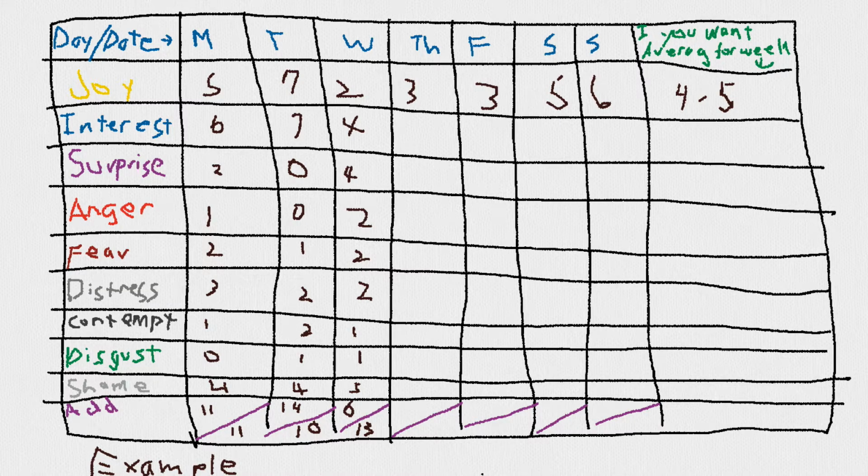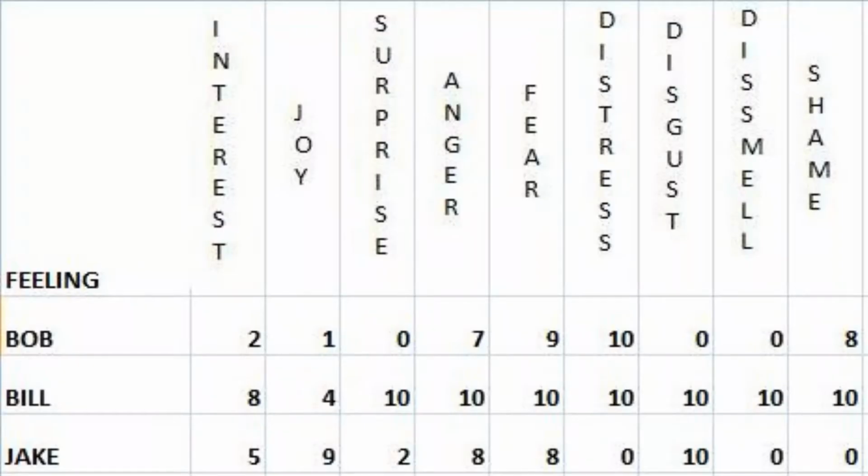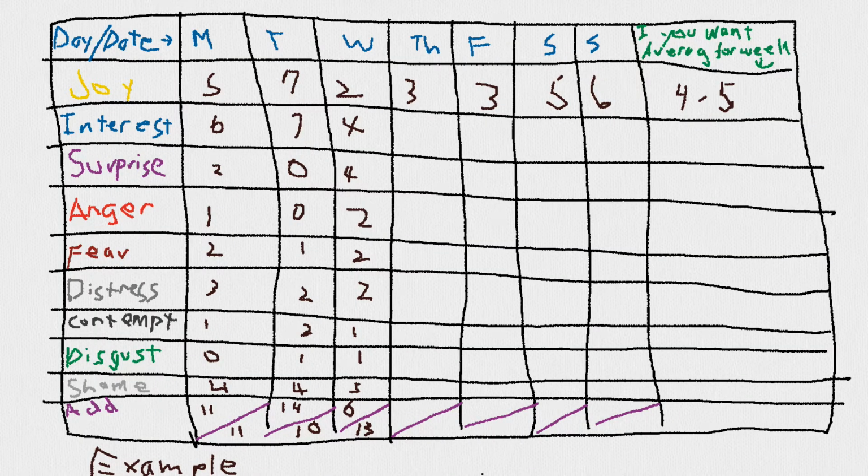Later, I will explain the importance of this truth of having things weighted toward the unpleasant. If you would do these exercises every day or several times a day, you will note that the numbers should change. The thought is that all of our feelings are neither positive or negative. They are neutral and useful. That is why we have them. Number 4, we are born with them and learn about them in each our own way as we grow. 5, anger, fear, distress, disgust, dismay, and shame are useful, say from 0 to 5, as they are telling us something is wrong. Very high interest and joy can get us in trouble.